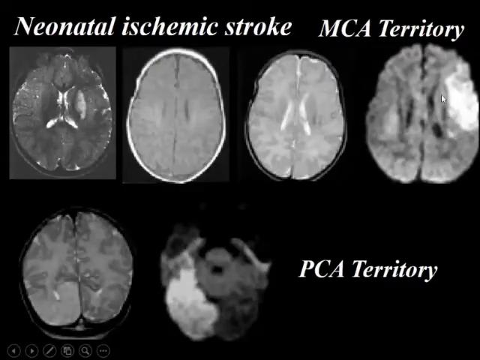Just one illustration of a stroke, how it looks like. I told you diffusion weighted images show restricted diffusion, so the infarct starts appearing white. That is the diffusion weighted sequence, but this does not have much importance as far as pediatric surgical practice is concerned. More of neurology than neurosurgery.